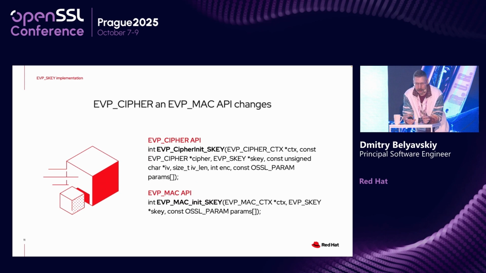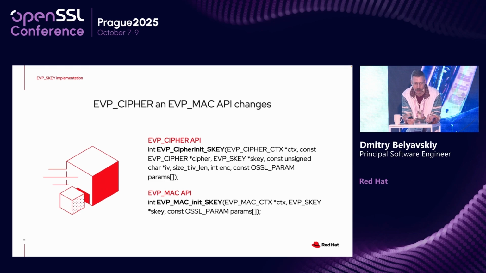Okay, those were the API changes that were implemented for the support, but it's not enough to support, it's necessary to use them. For UEP Cipher, we have implemented the UEP Cipher init SK API, which is quite similar to UEP Cipher init,